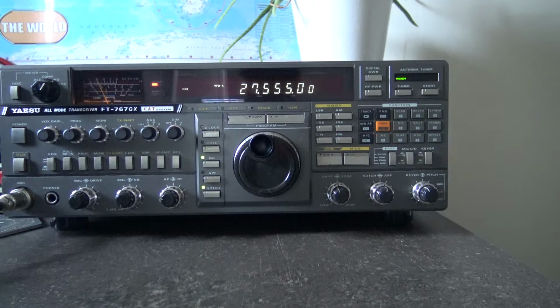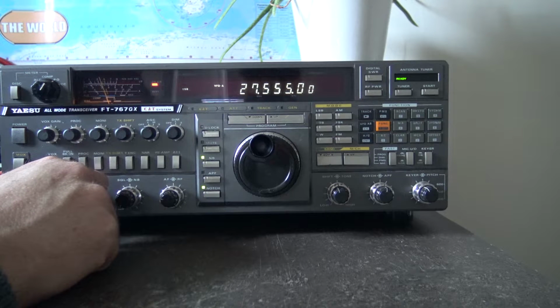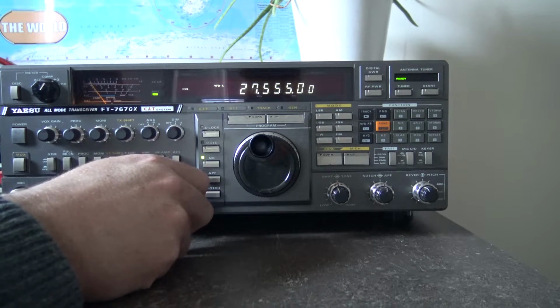Good afternoon. Is there anyone out there on the trusty 555? Good afternoon. Anyone out there on the old trusty 555? Hello? Not getting a lot there now. But